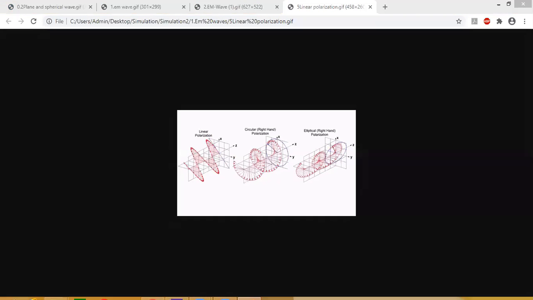Is that screen visible? Polarization. Visible, sir? Hello? Visible, sir. Yes, okay, because I'm sharing in a different mode, that's why I'm getting doubt whether that's visible or not. Okay, now once if you see here, again here also they are showing only the electric field nature. It is small, sir. Okay, I will do one thing, wait a bit, no problem.